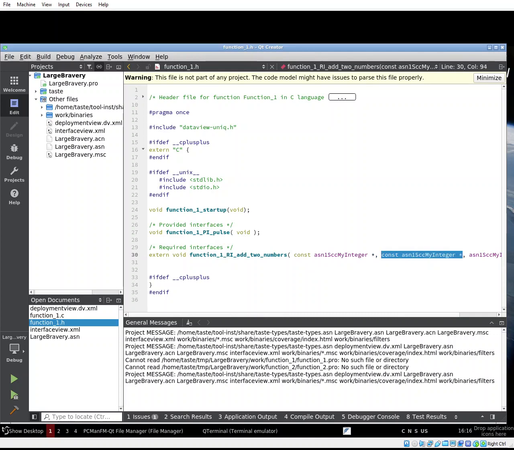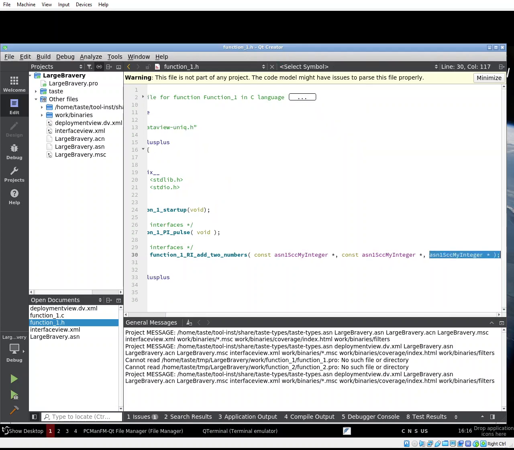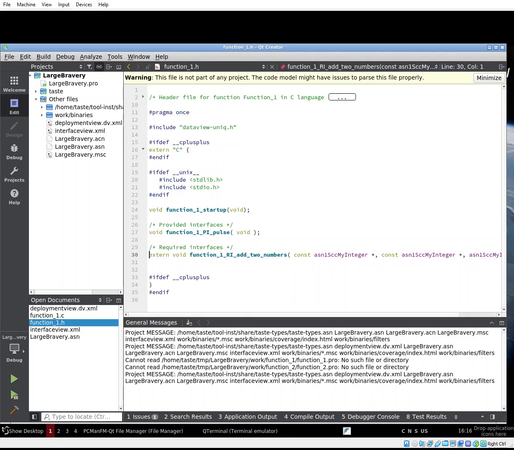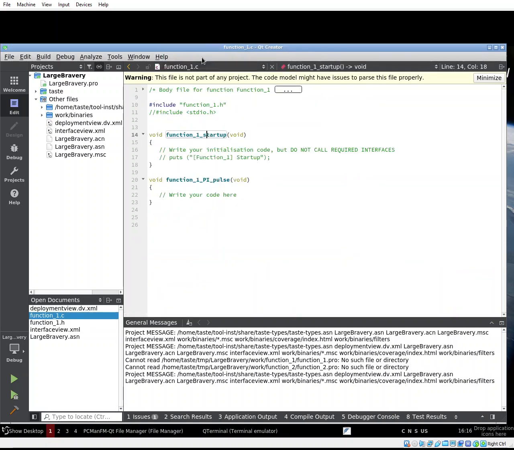Another one for the pointer to a constant value, sorry, not constant pointer, because it's an input, so we're not supposed to modify it, for the second one as well. And a non-constant pointer to the output where we will write the result. So I will take this prototype, because I will actually be needing it, and inside the pulse function, which will